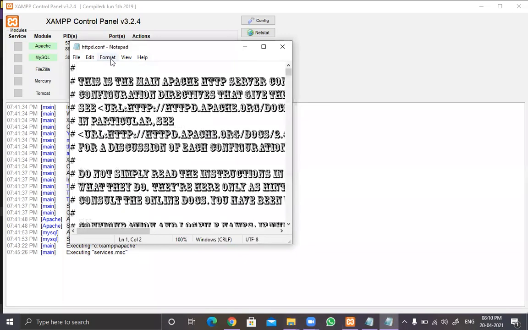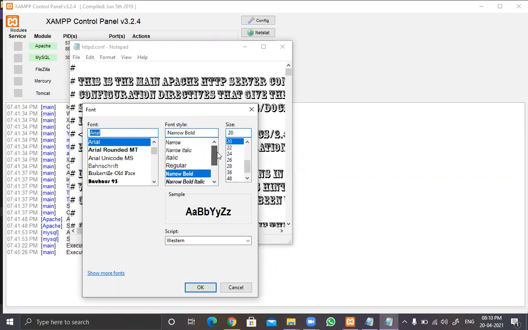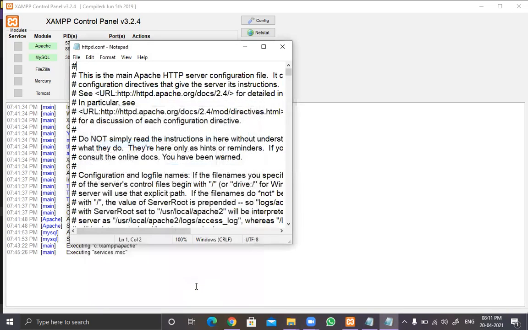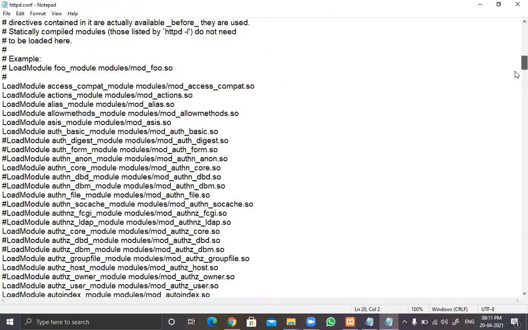Let me change it to Arial font, which is regular, and this time let me have some smaller font so that we can read this. So here it is. This is the httpd.conf file, which contains all the necessary information for running your Apache server.